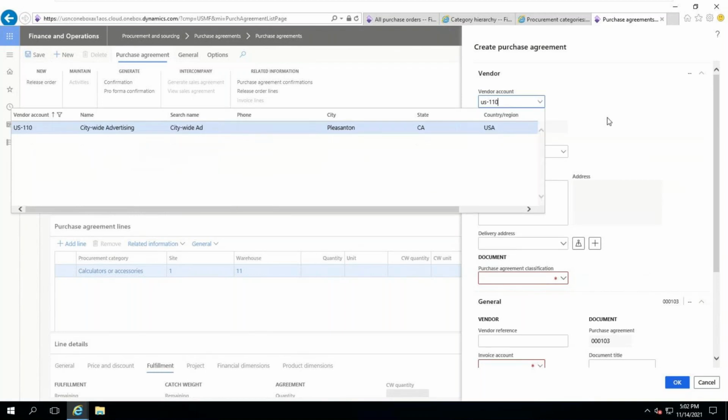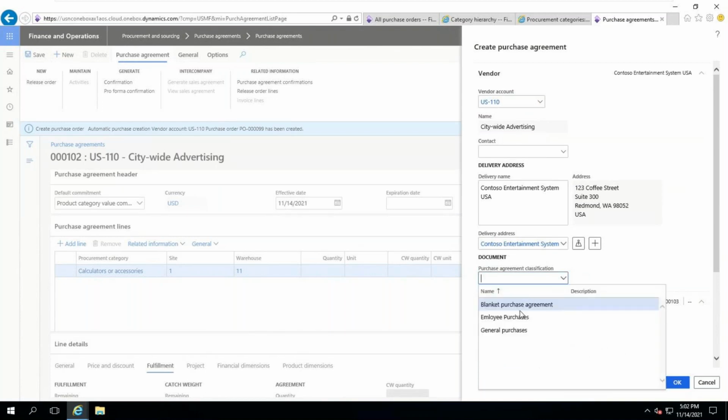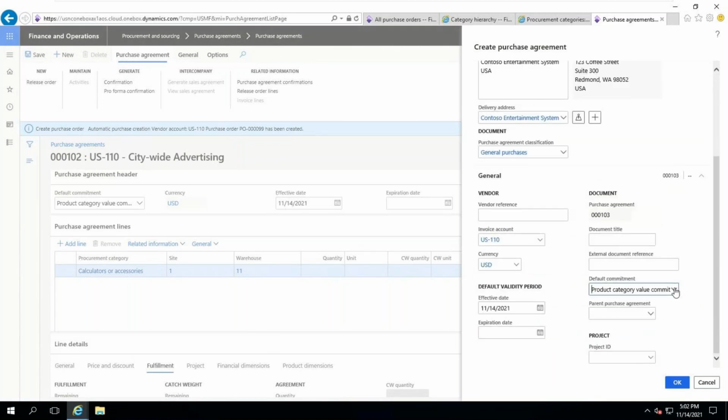Any vendor you can select, there is no issue at all. For report purpose you need to select classification. And now the fourth option is value commitment. Here it is not product, it is not category, only value commitment. If you click here value commitment,